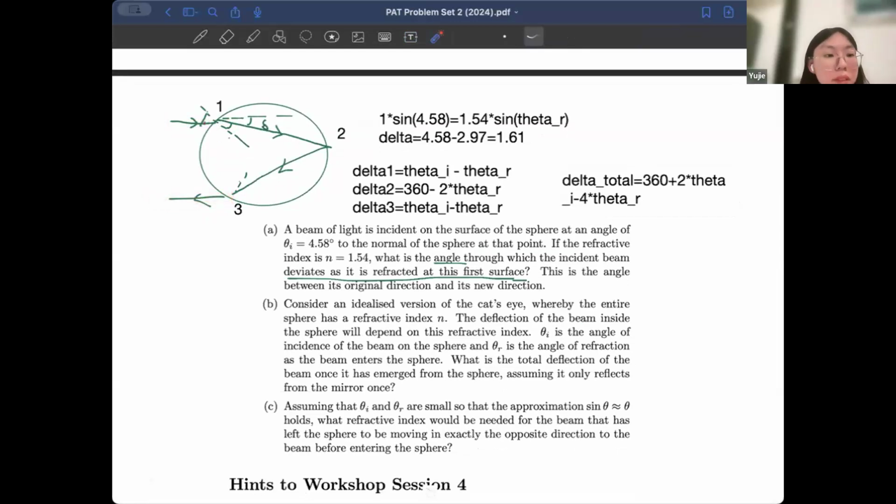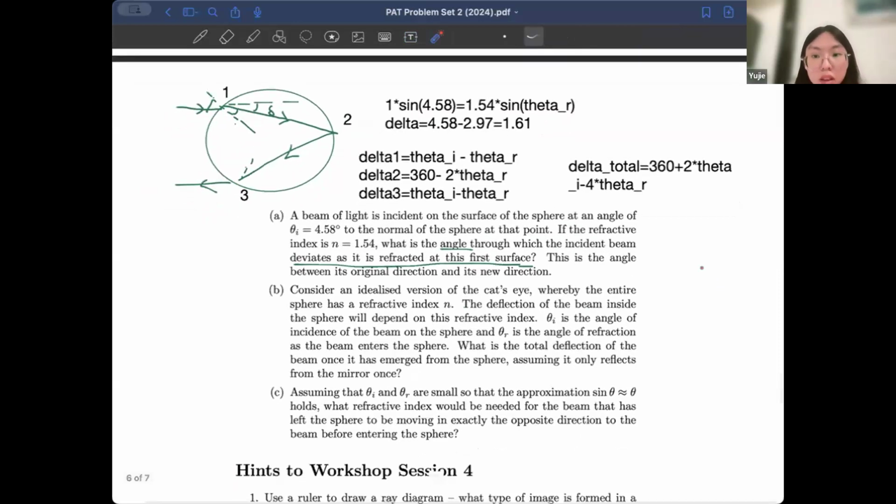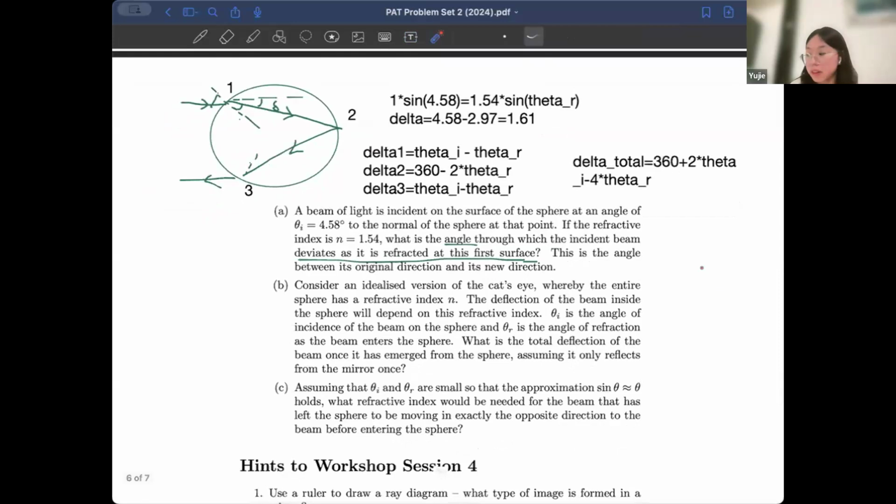That means we need the angle of deviation to be 180 degrees. So if we substitute this into the total,